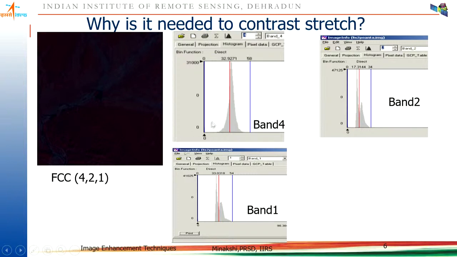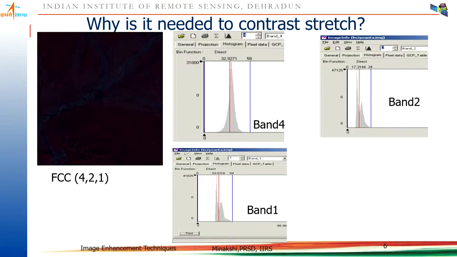So the infrared band has values from 0 to 58. These are the range of values, and you can see the histogram, the plot. The red one indicates the mean. That means values are there in the infrared band, values are there in the green, and values are also there in the blue. Still nothing is visible. Why? Because the monitor sensitivity is 8-bit.